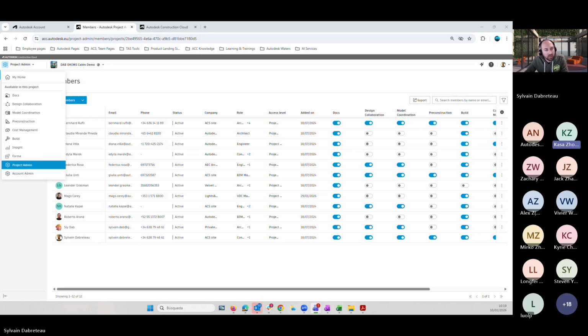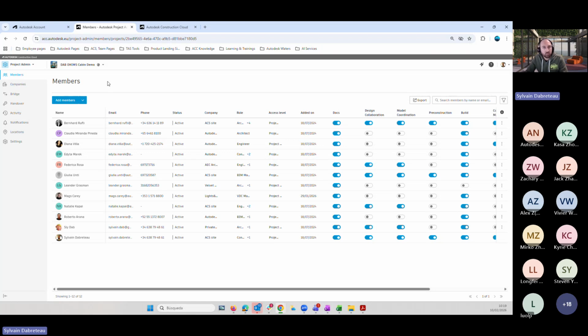Okay, so Alex, BIM 360 is our historical solution. Before we created and launched ACC, we had BIM 360. So what we call a legacy solution that we started years and years ago. BIM 360 now is obsolete. It's not as friendly as it should be. It's like the iPhone 1 of the platforms.